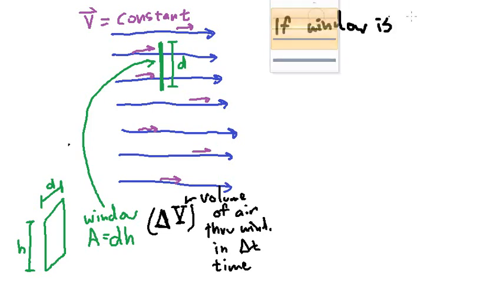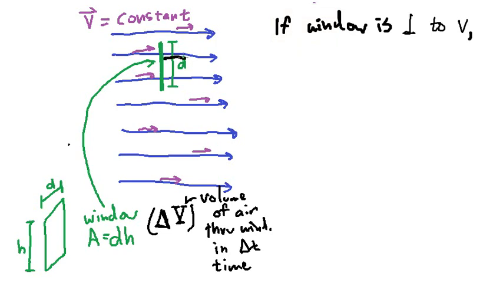Okay. So now we want to figure out how to calculate that, given that we know, say, V and H and D. What else do we need to know? Well, we need to know the angle this window is at, right? So you can imagine here that you might be measuring, like say this is perpendicular. So let's just say the window is perpendicular,